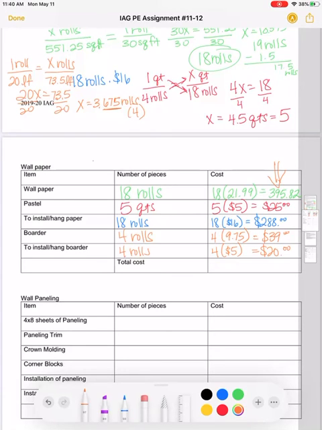Plus 39 plus 20. I got a real big number. It's going to cost me a whole lot to do this. It's going to cost me $767.82 to hang wallpaper. Okay, I'm gonna erase this and start a second video to talk about how we calculate